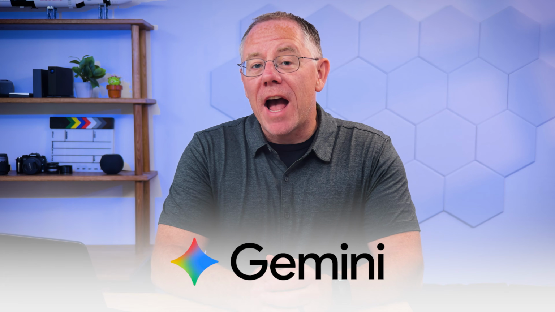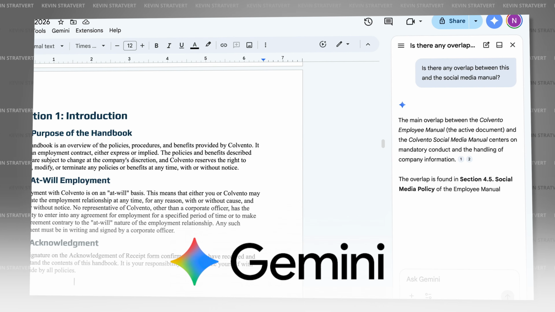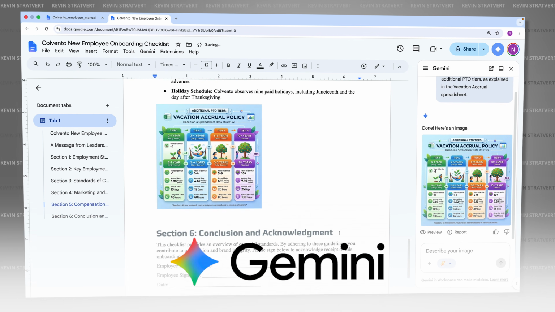Today, we're going to see how Gemini inside of Google Docs can help you write better documents, analyze information, and bring material together from different sources. Now, of course, Google has a lot of different tools under the Gemini branding, but right now, we're going to focus specifically on making the best documents we can. Just remember, life moves pretty fast, especially in the world of AI,